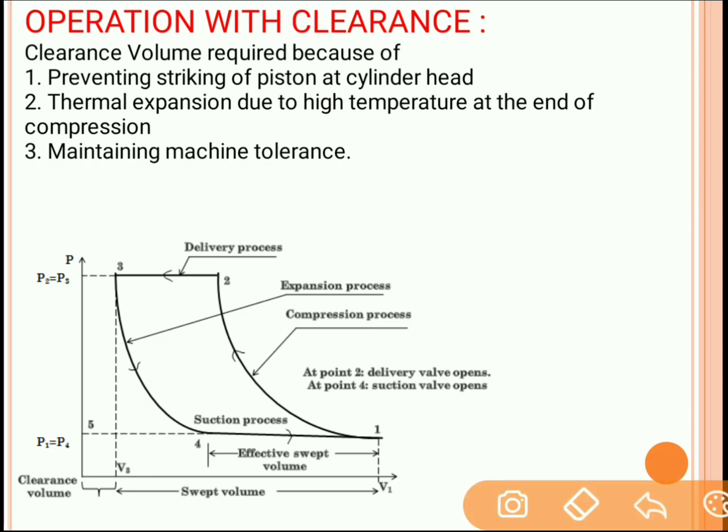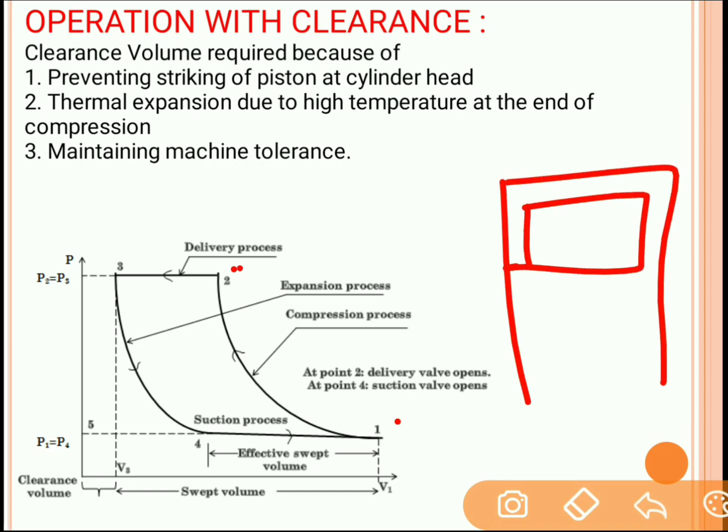Now let's say that from point 1 to point 2, the air is compressed according to a certain process, and that process is nothing but the compression process. It could be any process out of the three processes, that is either it could be adiabatic process or polytropic process or isothermal process. Let's say that it is some compression process by which air is compressed from 1 to 2. So at point 2, piston will be at the uppermost position. Also at point 2, clearance volume will be present.